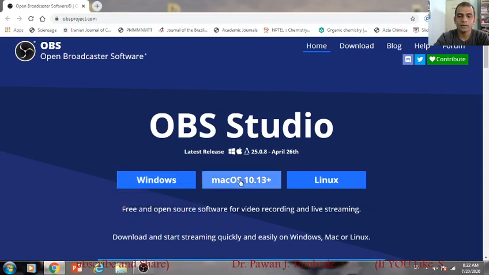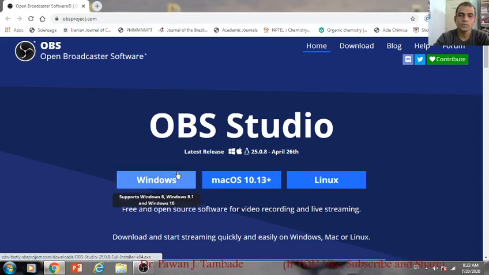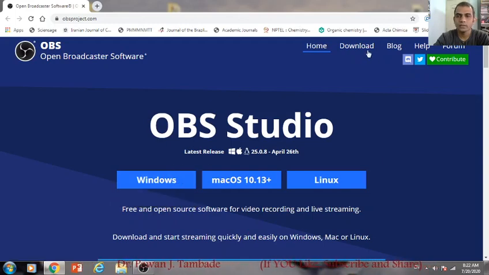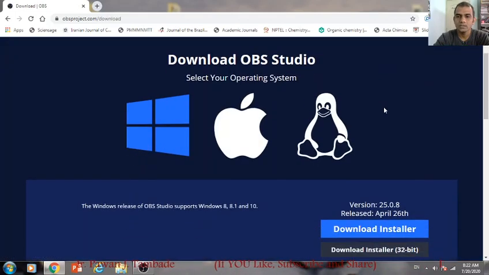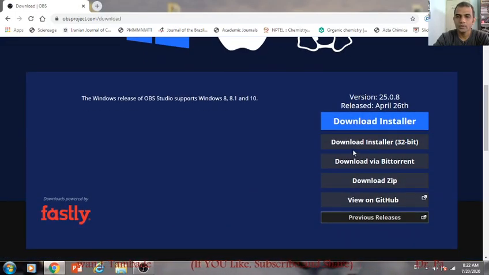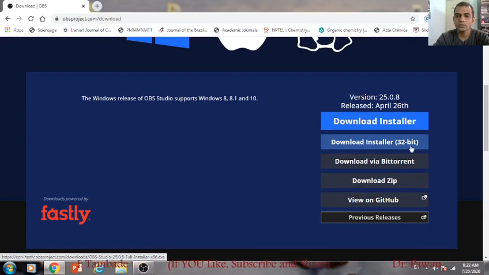If you are using Mac operating system or Linux, you can click on the respective links. If you are using a 32-bit Windows system, then you need to click on this download option, and here you can find Download Installer 32-bit. You need to click here to download OBS software for a 32-bit operating system.